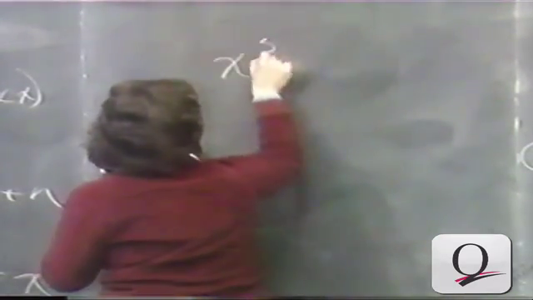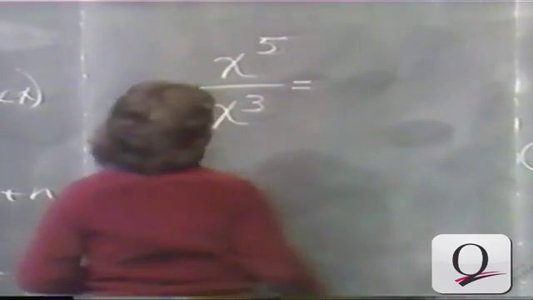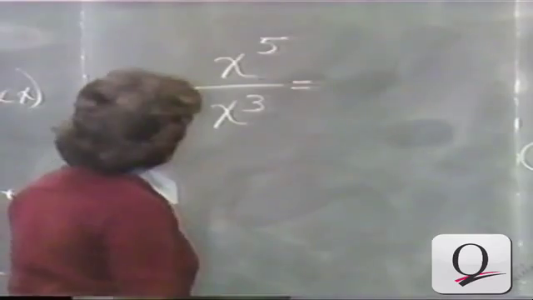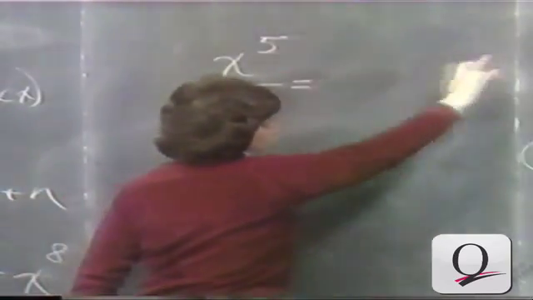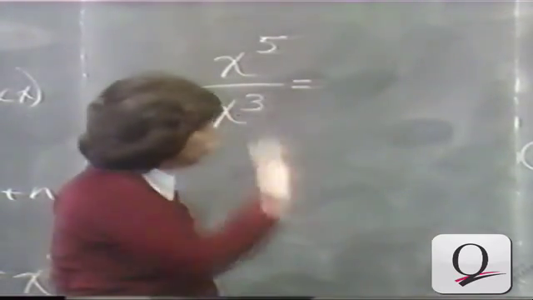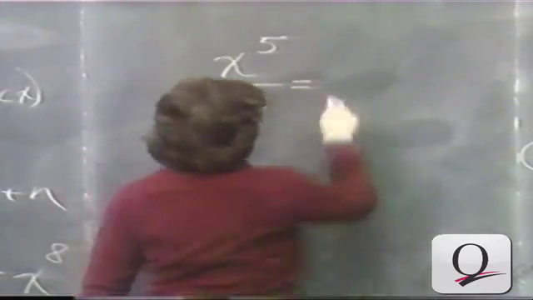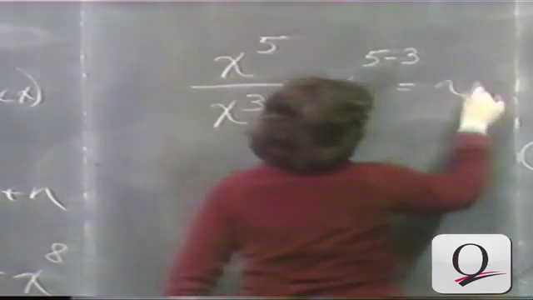Okay, let's work out x to the 5th over x to the 3rd. Now of course you could write down x times itself 5 times and divide by x times itself 3 times and be left with 2 x's in the numerator for x squared. But I would prefer you to say it's x to the 5 minus 3 or x to the 2nd